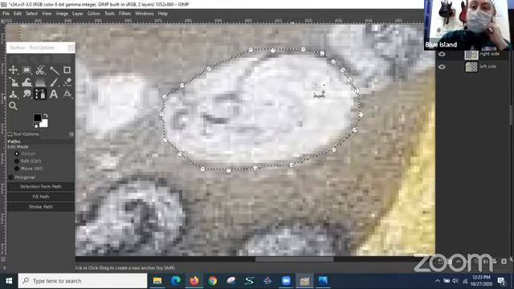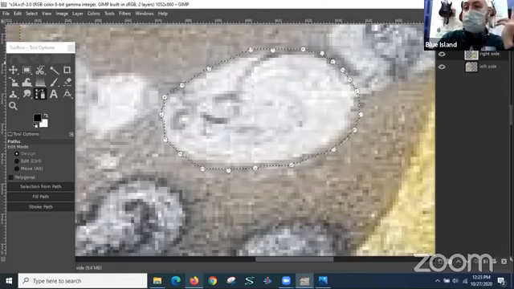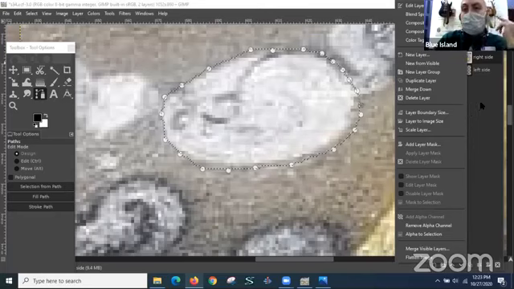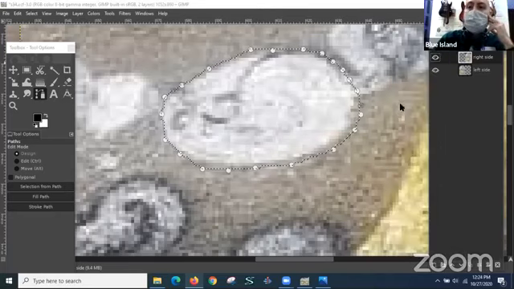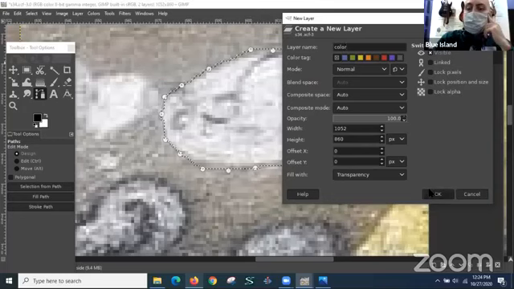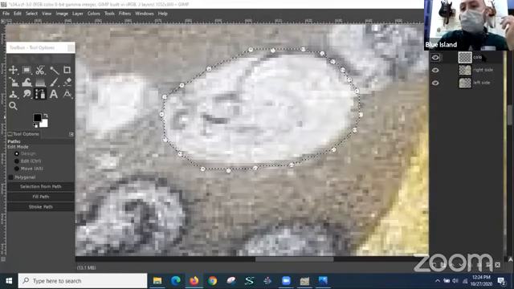So now we've got this selected. What we can do is go back to our layers dialog. And I think you can just right click and you can say new layer, new layer. And I'm just going to call this color. And basically, now that this layer is selected, I'm just going to